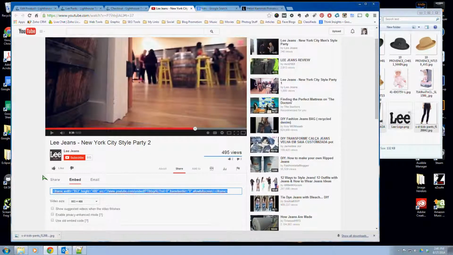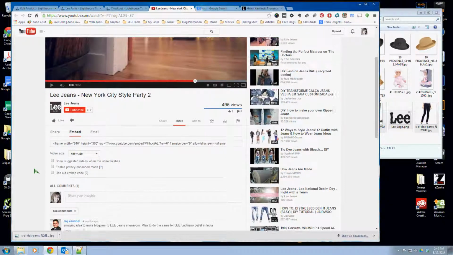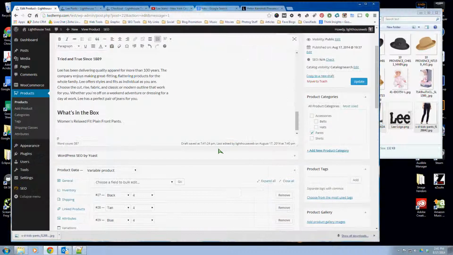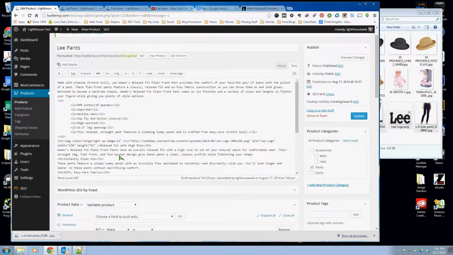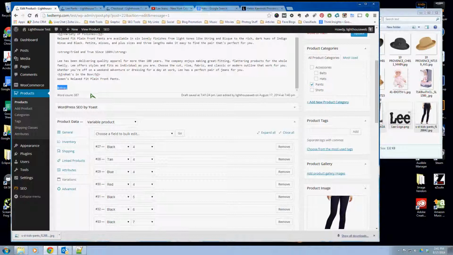and then embed, and then choose the size. I go about 640. That looks about right. And do not show the suggested videos when the video finishes, because it might show a competitor. So just copy this. Okay. Go to edit, and then go text, and scroll all the way to the bottom wherever you want that video,